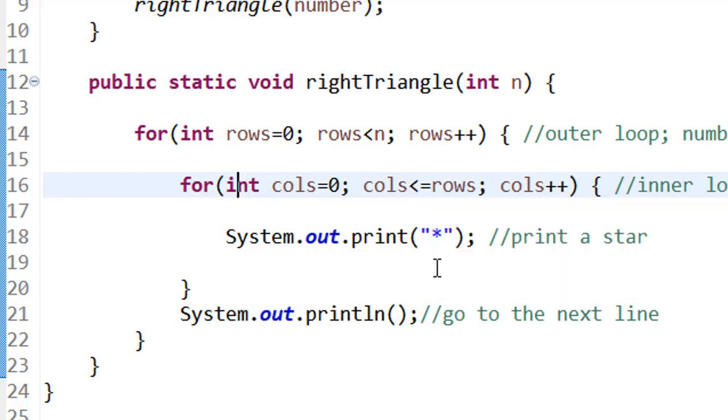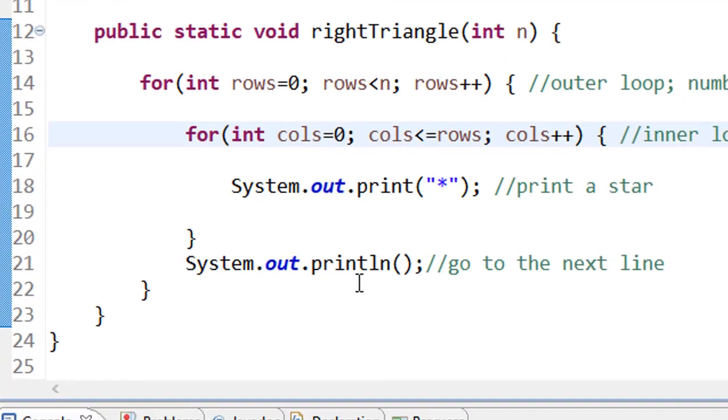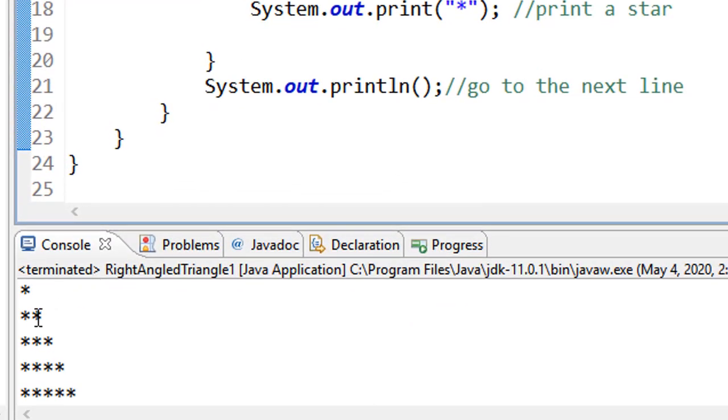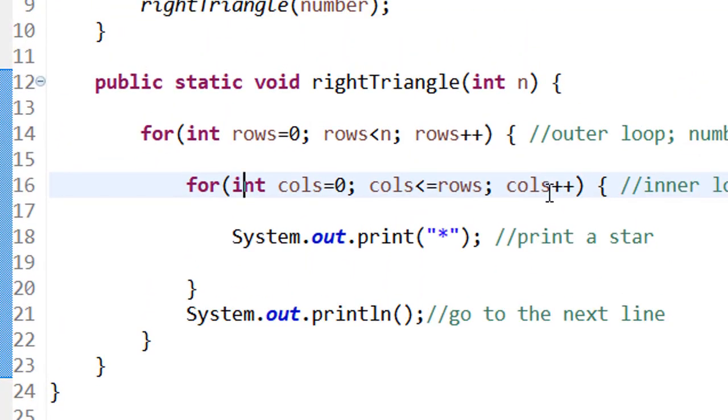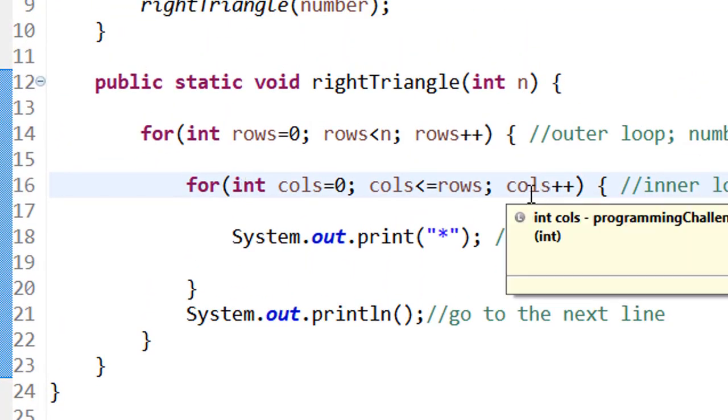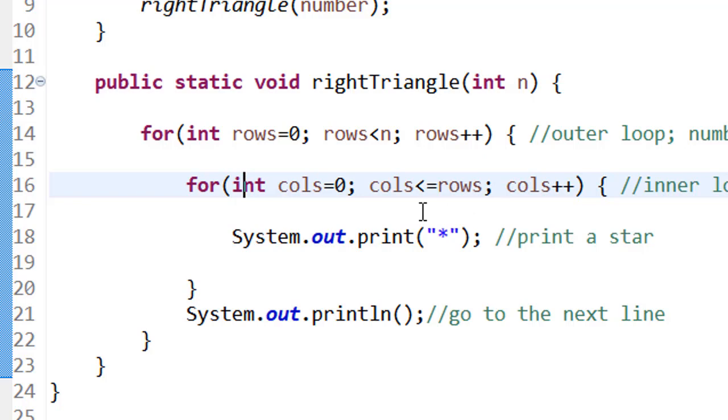So that means the print method under the inner loop will still print another star, and we have the second star down here, and the column variable will increase by 1 for the third iteration. So we are going to have 3 is less than or equal to 2, and of course 3 is not less than or equal to 2. So that makes this Boolean expression false,